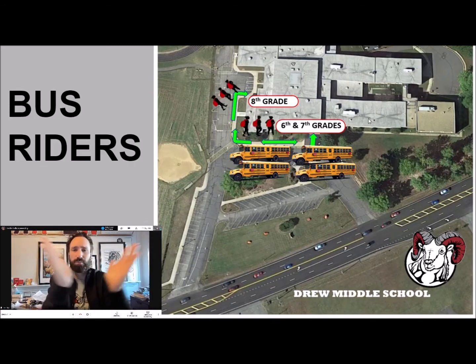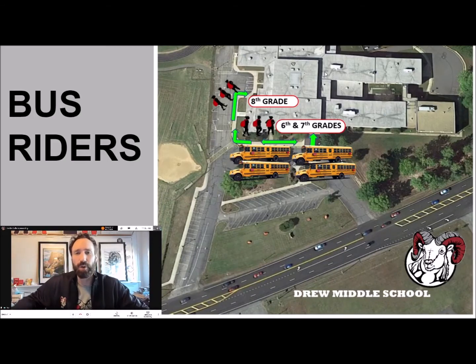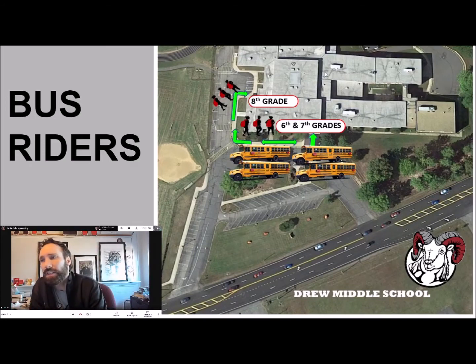So again, these arrows, you're going out. And then 8th grade, when they come in over here, they walk around the hall and then go basically to the 8th grade wing, which is over here. Okay. You're going to walk in where the gym is and then head back to the back 8th grade hallway. So again, is it the fastest way to get there? It may not be. The point is to keep people separated so you have less contact with other people. Okay. And that helps with bumping into somebody else and spreading germs, things like that. So that is how we're going to enter the building and exit the building.